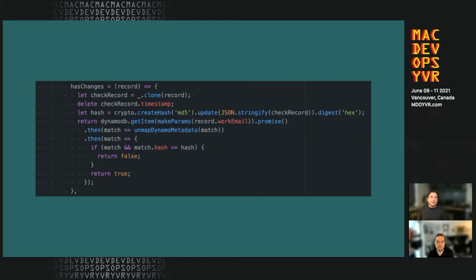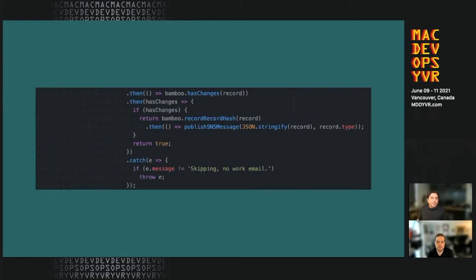So to do that and to meet security requirements, we store the email, the last updated date, and a hash of the fields that we care about in a DynamoDB table. We want to do that to make sure that we're not storing any PII in the sync system and keeping it in appropriate locations in the systems that are managing it. So whenever a new event's raised, we hash it and compare it to the one on file. If nothing's different, we stop there. Here we're using that function so we can see if it does have changes. We'll record the changes with the new hash, and then we'll publish that message to the SNS topic